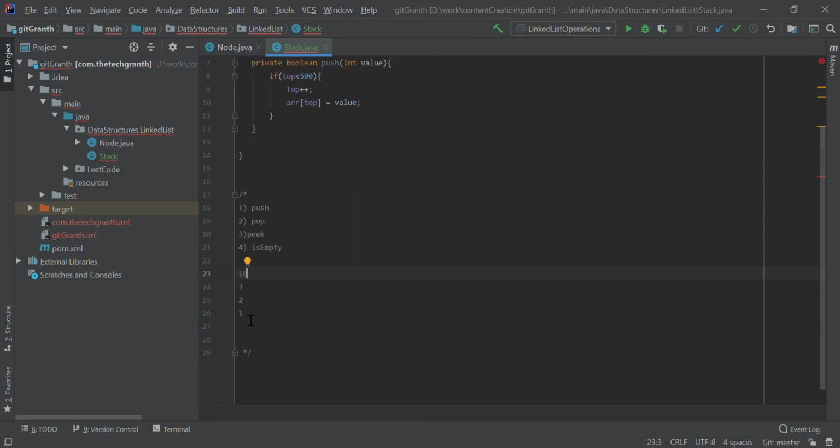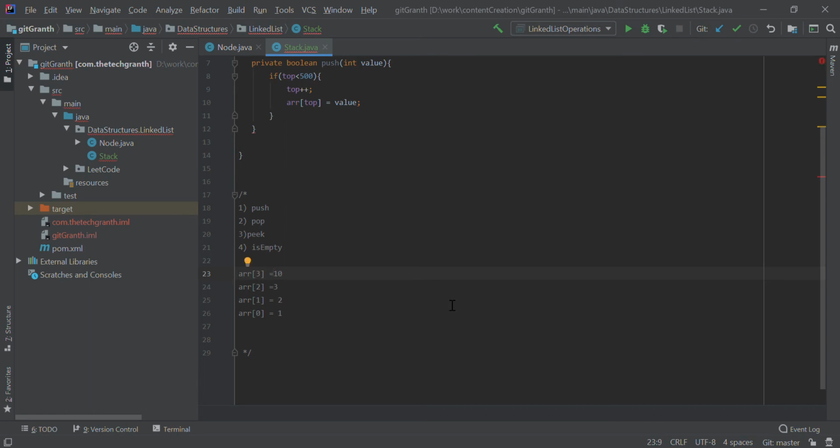So array of position 0 will contain 1, array of position 1 will contain 2, array of position 2 will contain 3, I'm sorry, it starts with 0, so array 0 will have this value, array 1 will have this value, array 2 will have this value, and array 3 will have this value.